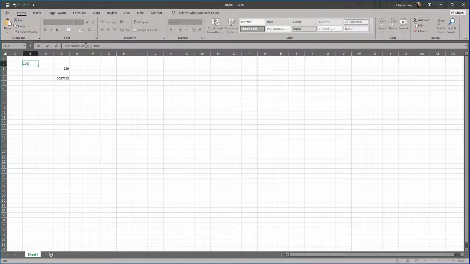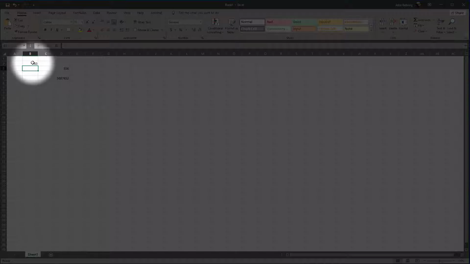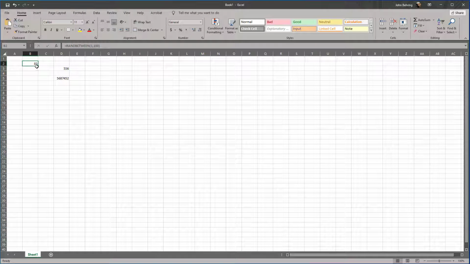Now click enter or return. You will see that you generated a random number on cell B2. You can go back to B2 by left mouse button clicking on it. You'll see your formula here entered with your random number. Awesome, nice work. Alright, now go to the corner of the cell until you see your cursor turn to this